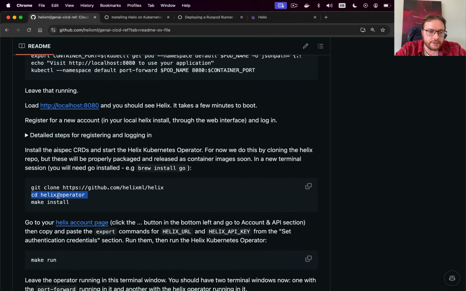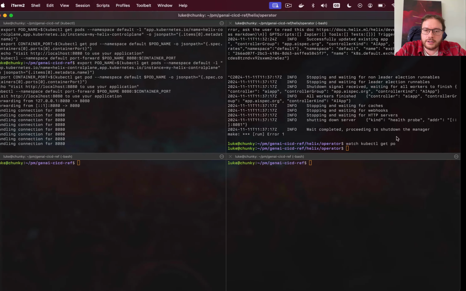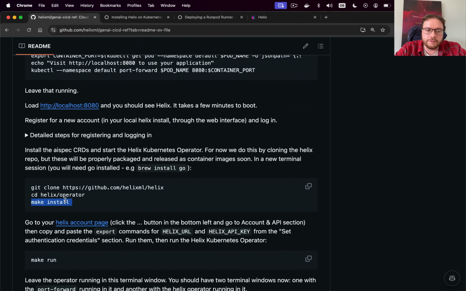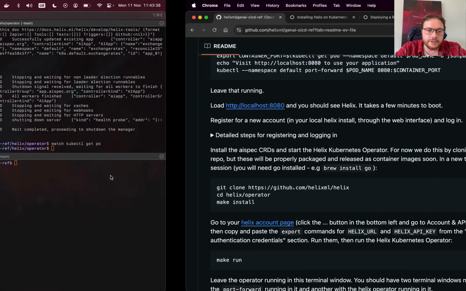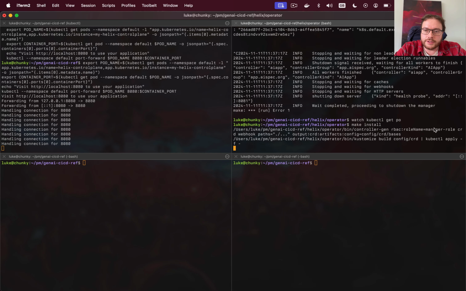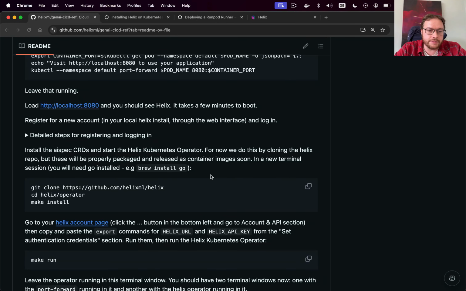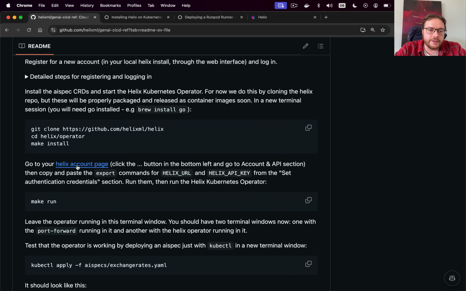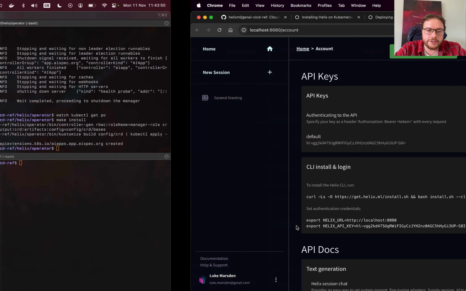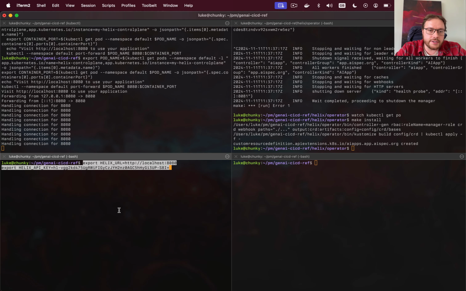I've already cd'd into this directory, helix/operator, just because I checked out the Helix repo inside here. I'm going to run make install. Of course, we're going to package the operator any day now, so that it's included with default Helix installs out of the box. I then need to go to my account page, copy paste my authentication credentials into here,